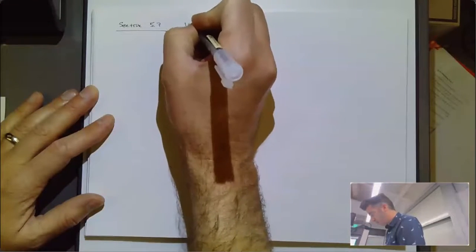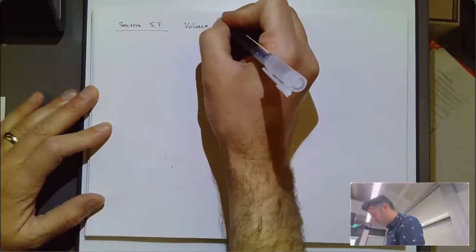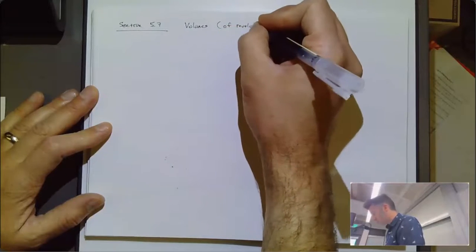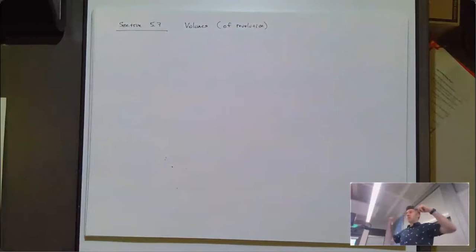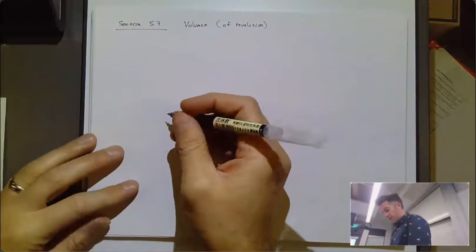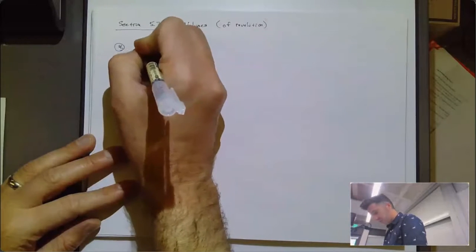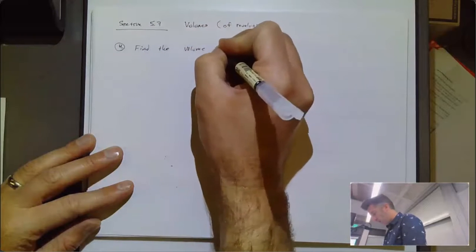Volume. Typically volume, I should say volumes of revolution. Revolution meaning we're going to take a region and revolve it around an axis to get some three-dimensional shape, and then we're going to find its volume. So let's say we're going to do this. We're going to find the volume of the solid